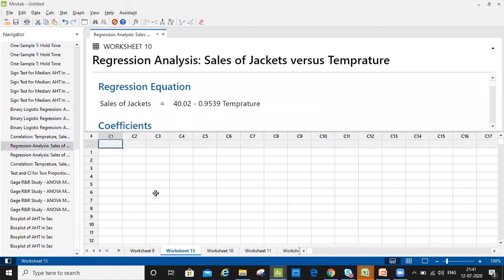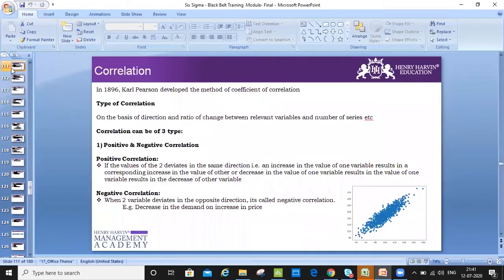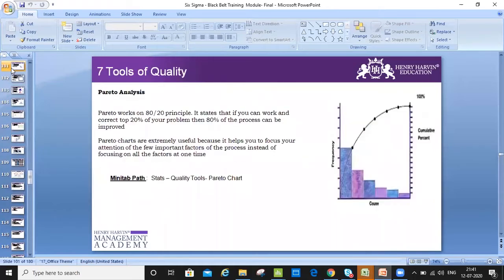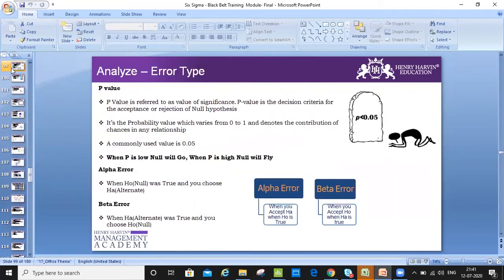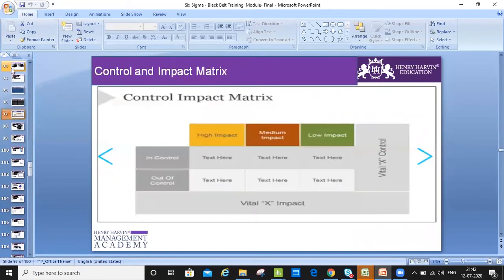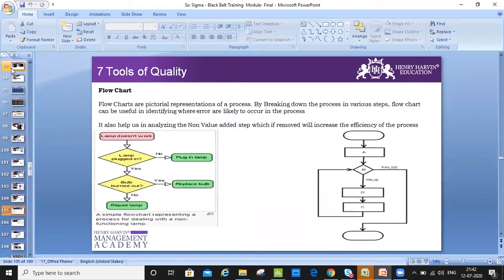Okay, there are a couple of tools that we did not cover and deprioritized at that point in time. One is a box plot, which we covered the theoretical part of during the basic stats class, wherein we understood how to calculate the quartiles. And there are a couple more tools. Let me just check. Yeah. So when we talk about the 7 quality tools, there is a tool which is called